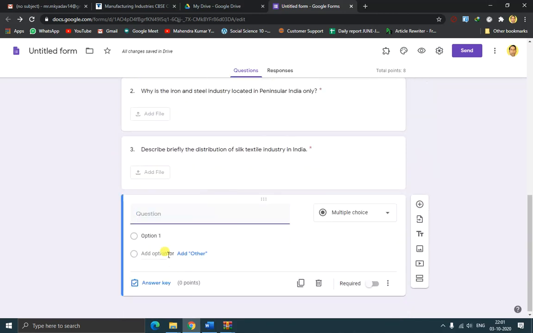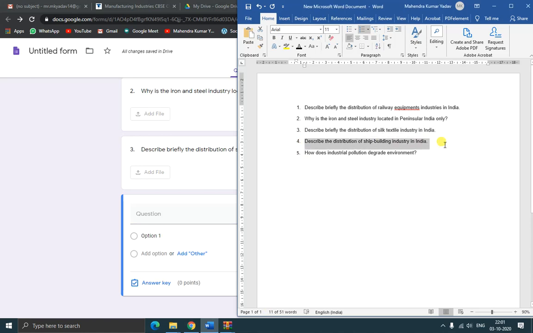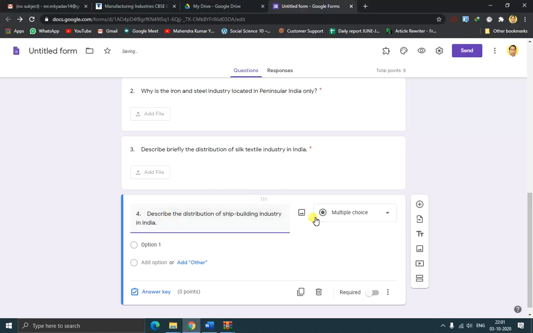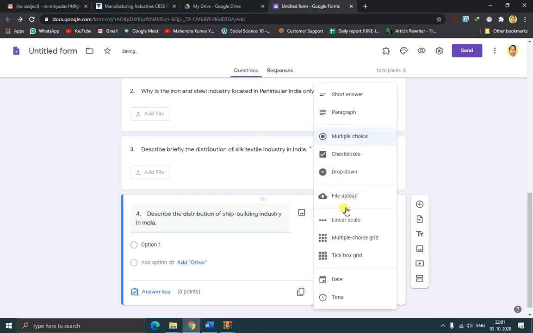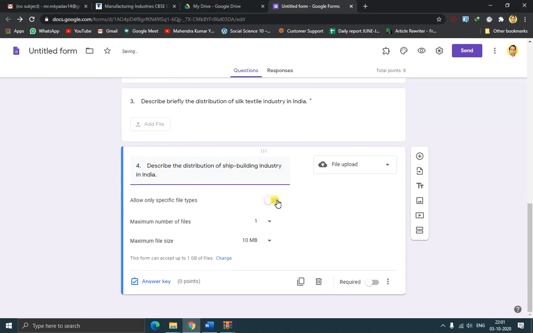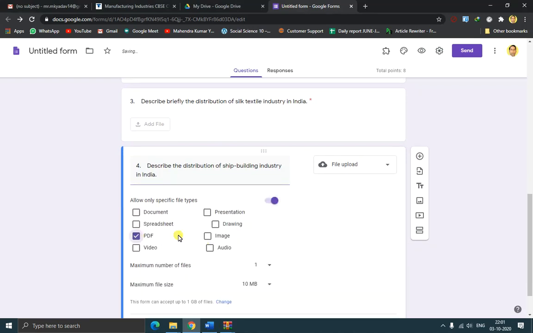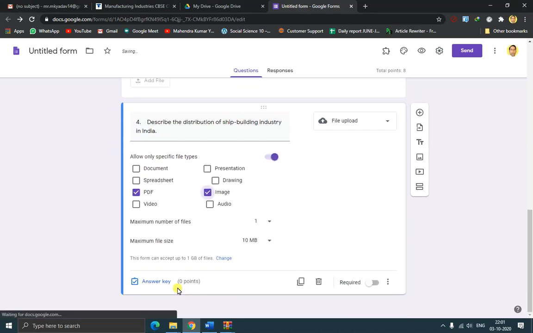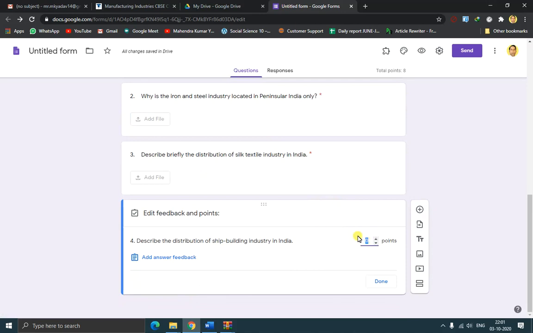And now the fourth question. Here again, this file upload option, type of file, PDF and image, marks.